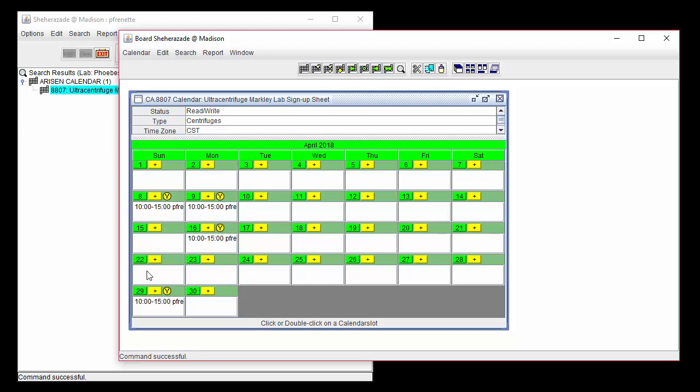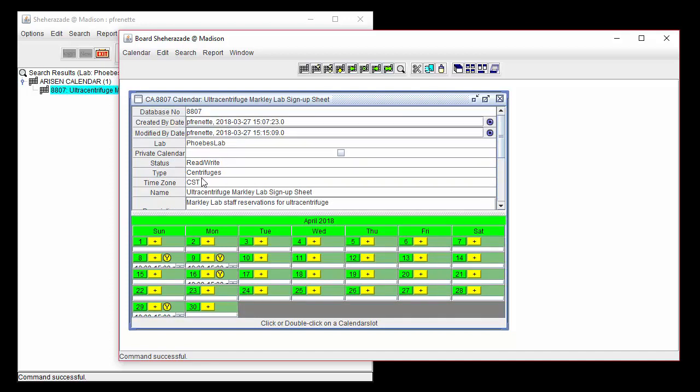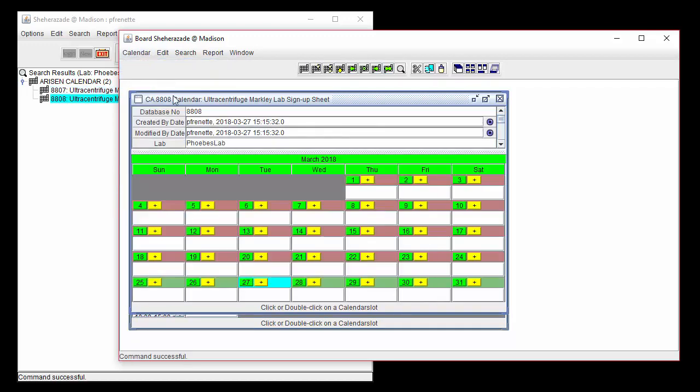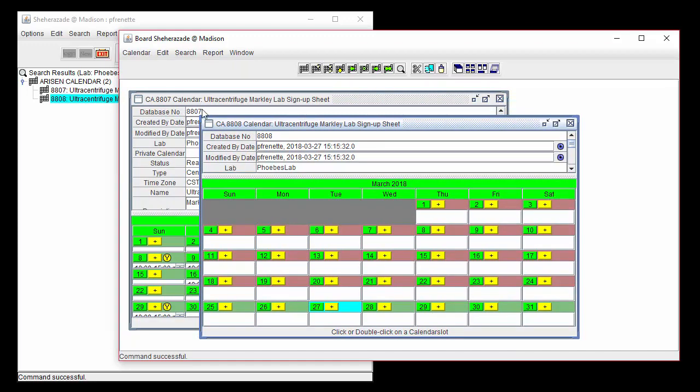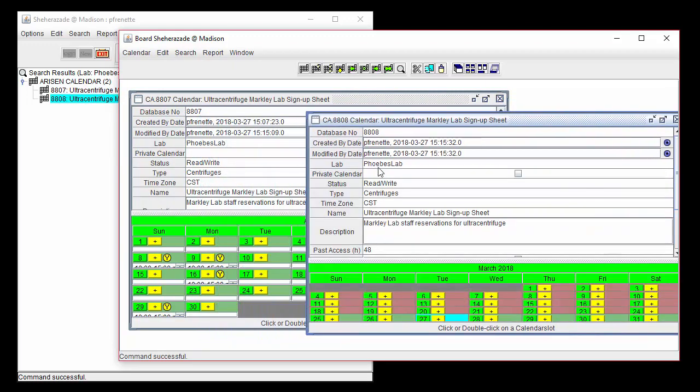We can use an existing calendar as a template to create a new calendar. For example, let's say we want to create an identical calendar for another ultracentrifuge in our lab. Just choose the calendar. I'll use the one we have open here and choose Save as New Calendar. You can see the settings in the top part are identical. The new calendar will be empty, and calendar slots or reserved dates in the calendar will not be copied or